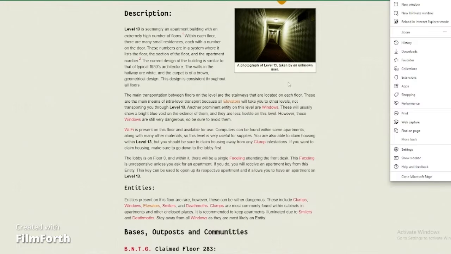Alright. Yeah, I like it. I like this picture. Alright, anyways, these are the main means of... Okay, let's just start over. The main transportation between floors on the level are the stairways that are located on each floor. These are the main means of intra-level transport because all elevators will take you to other levels, not transporting you